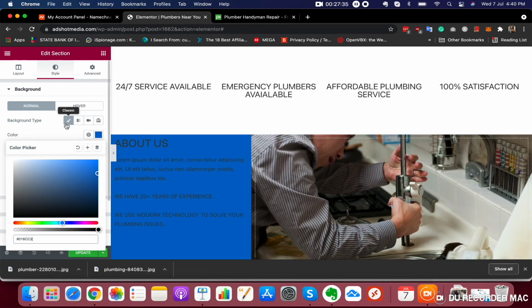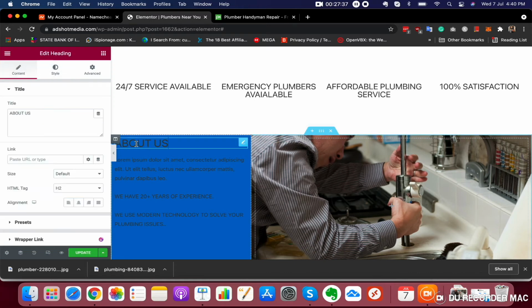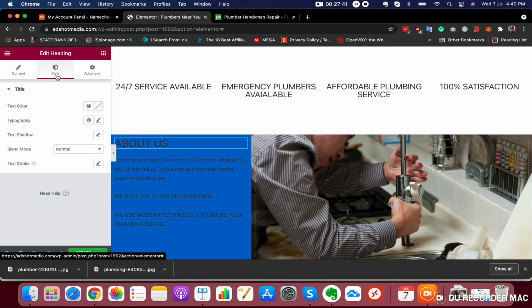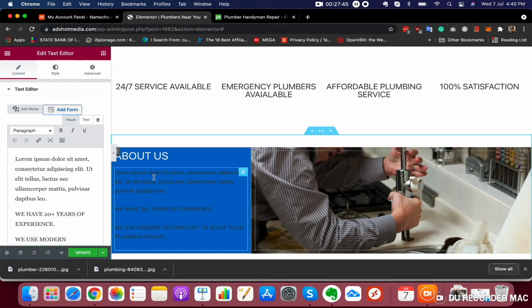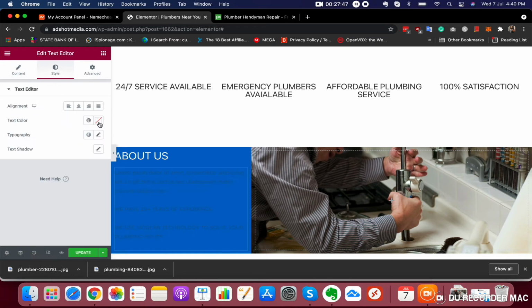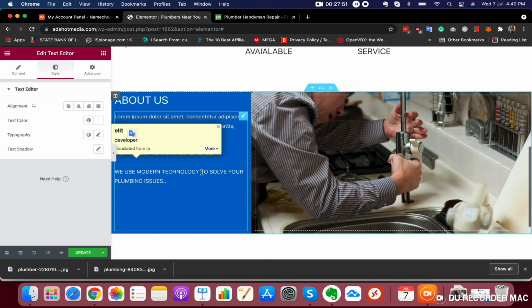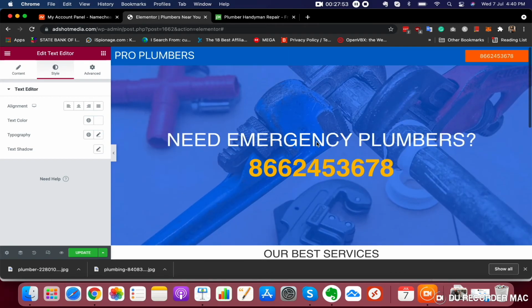Now all we have to do is change the color of the text also, because it is not looking good. We'll select white color for this, so go to white. Similarly this, right? Yeah, so this is how our landing page is looking right now.